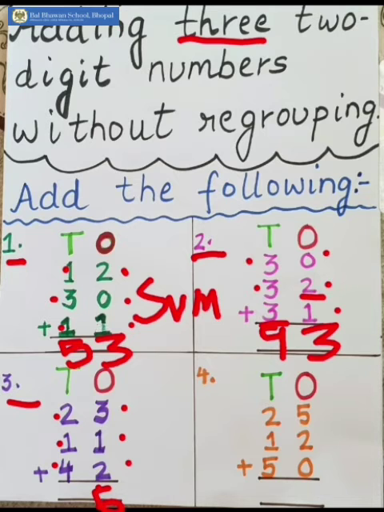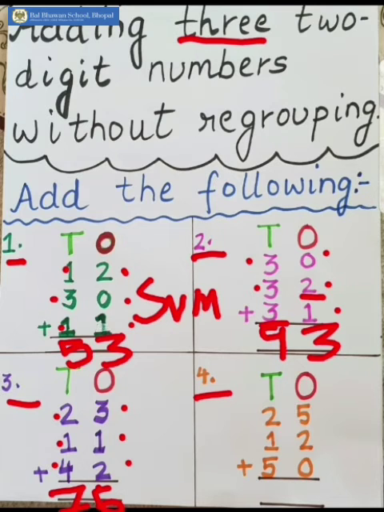Again the bigger number is 4 and the next bigger number is 2. So keep 4 in your mind and count 2 times after 4. So 5 and 6. So after adding 4 and 2, what you get? 6. Now the digit left is 1. So keep 6 in your mind and count 1 time after 6. So what you get? Yes, 7. So now what you have got? 7. So now your sum is 76.